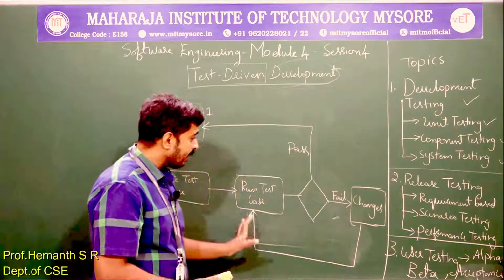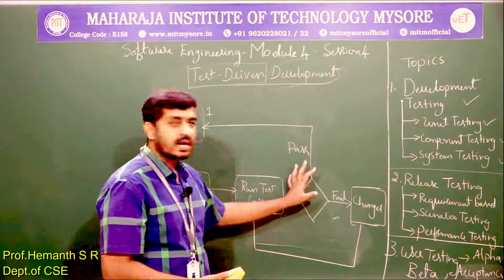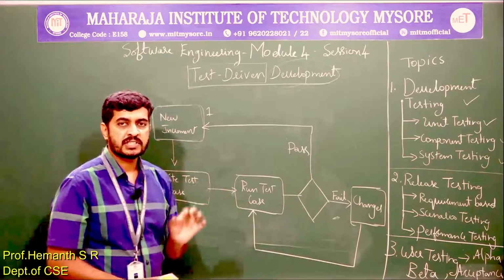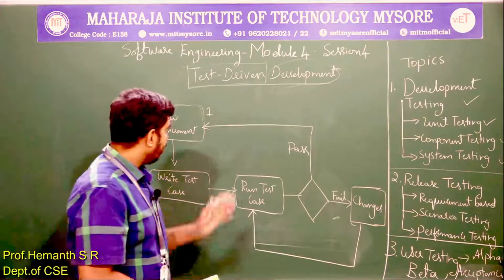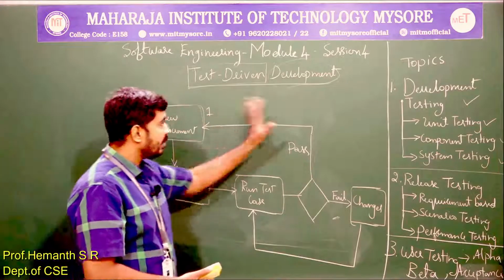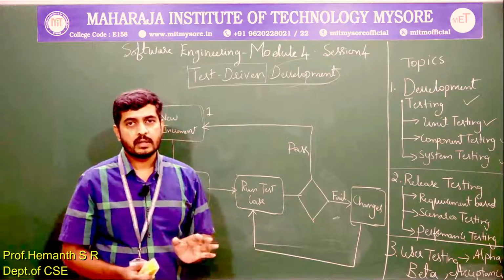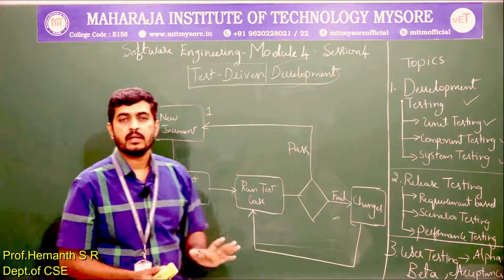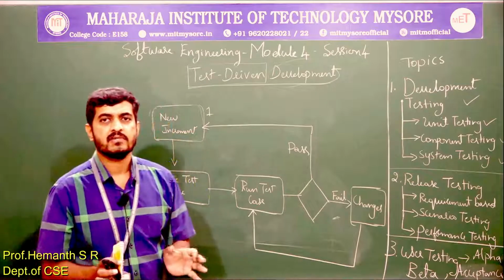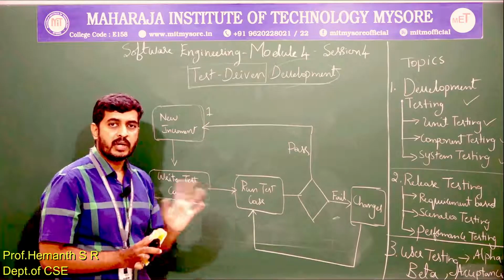Once done, once again I will run the test case and ensure that I get a pass as an outcome, so that I can be sure that there are no issues with this small functionality or routine. Okay. And I can take up the next one for testing. So this is test driven development, and the major thing you should observe here is that emphasis is given to testing. Each and every small part you are developing, you are designing, you will test it then and there itself, immediately, by writing the test case and executing the test case.